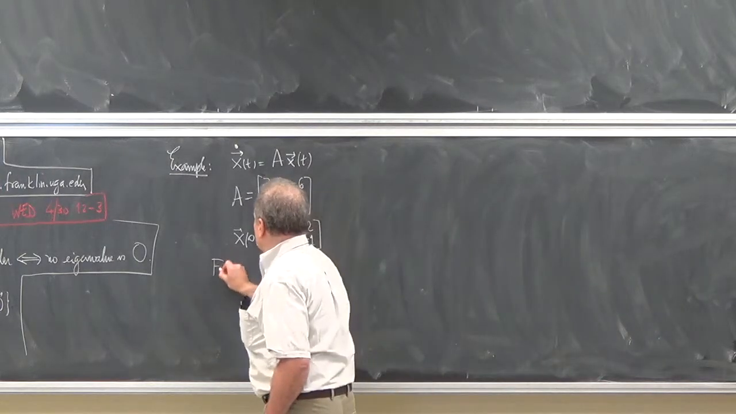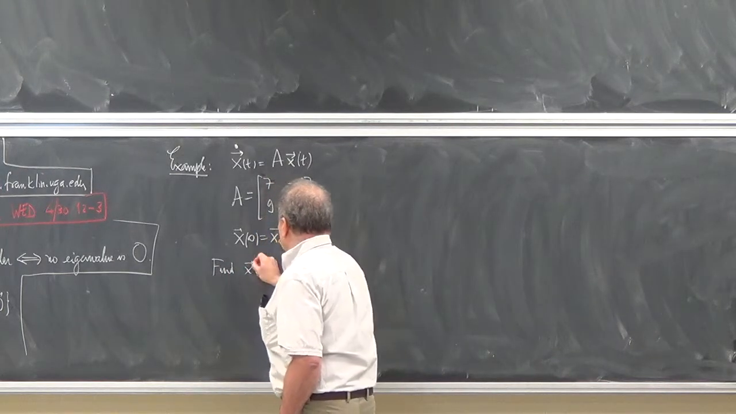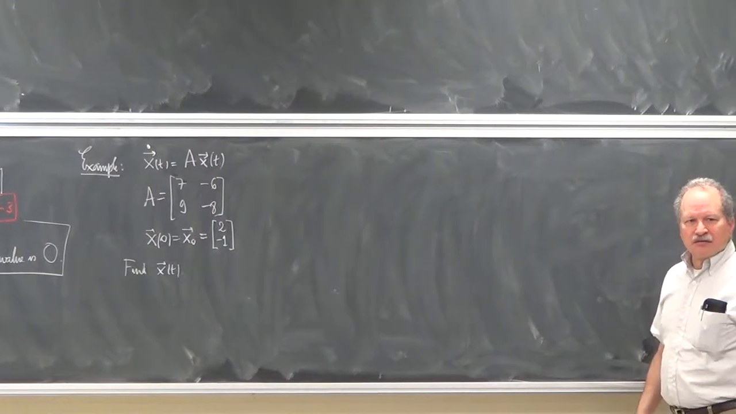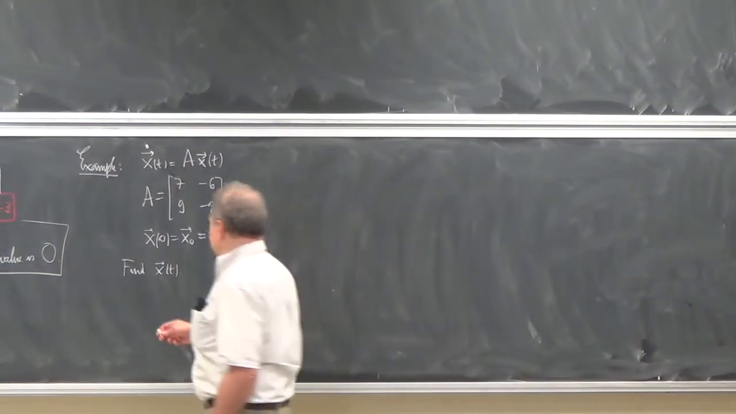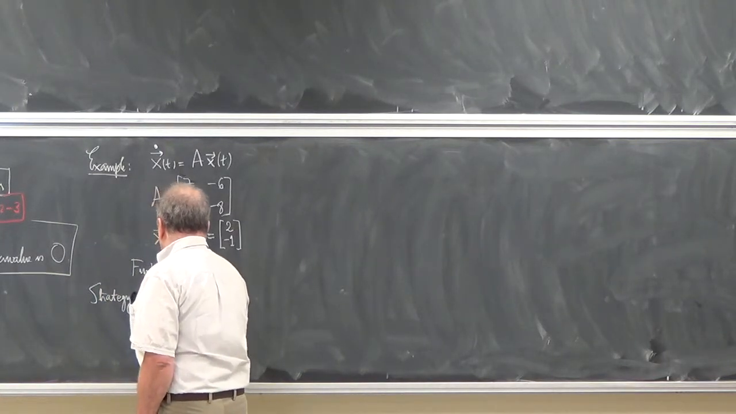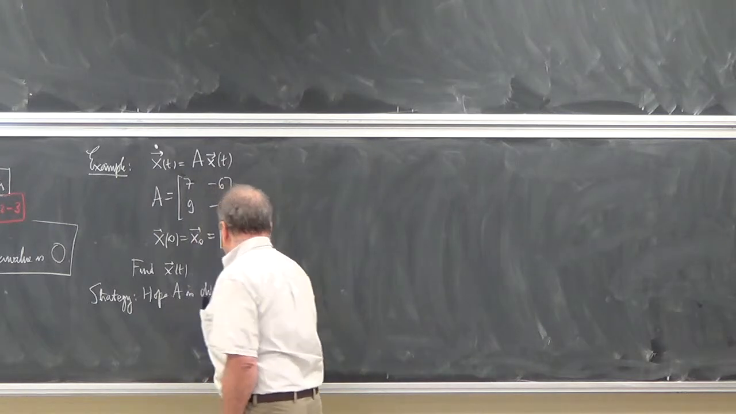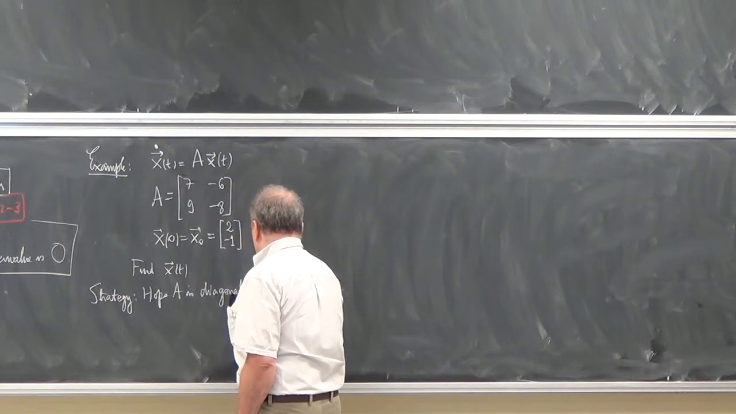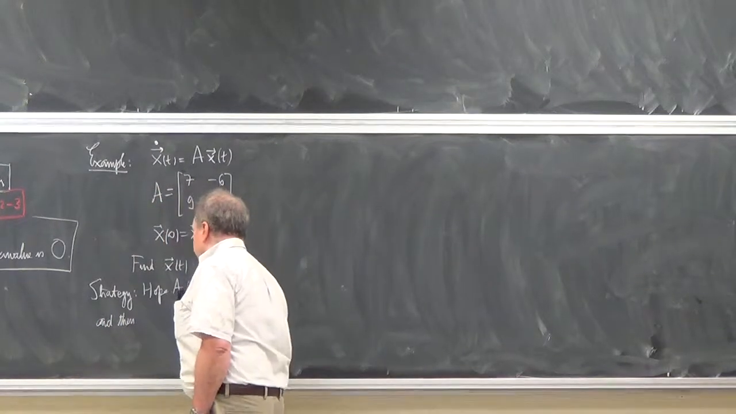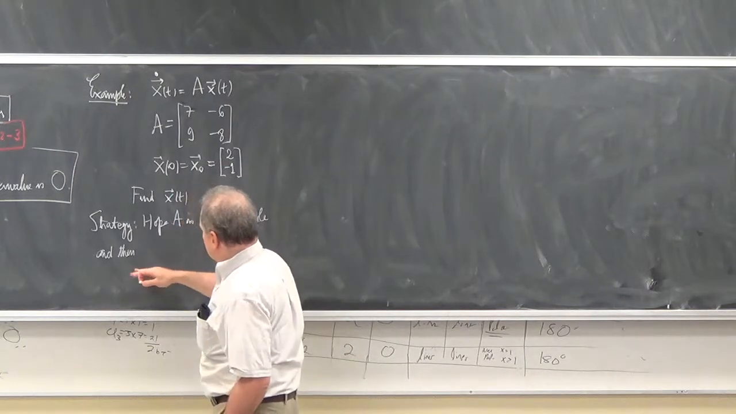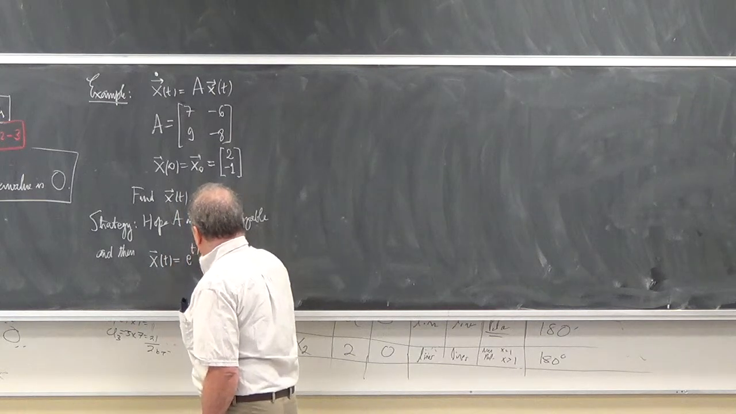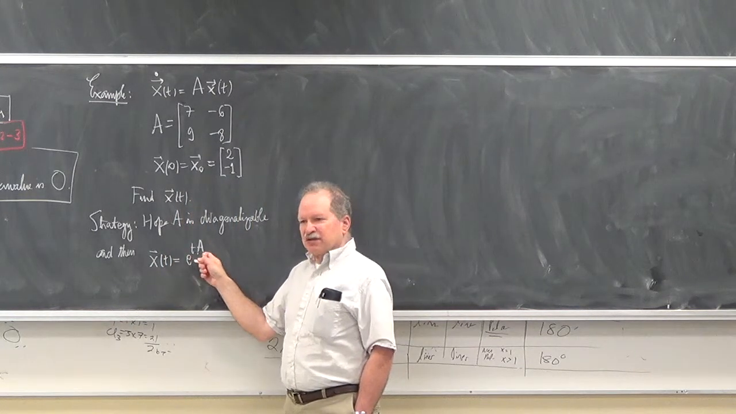Okay, so find x of t here. So what's the strategy? Diagonalize. So strategy, hope A is diagonalizable. And then what we talked about last time, and I'll confirm this in a few minutes, we said x of t is going to be given by multiplying by the exponential of t times the matrix